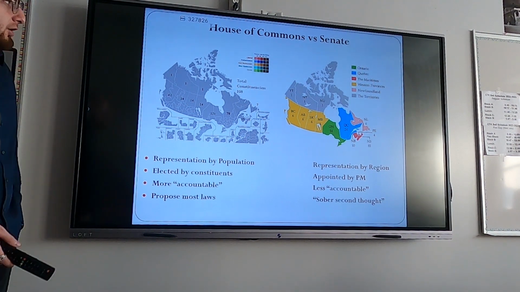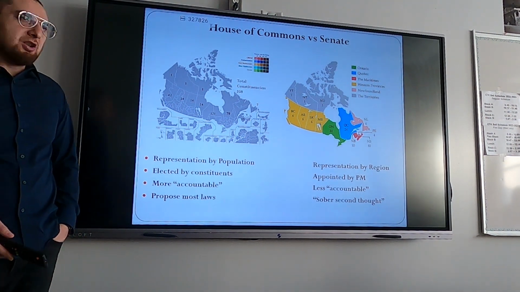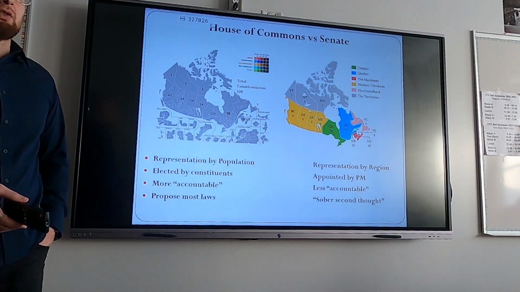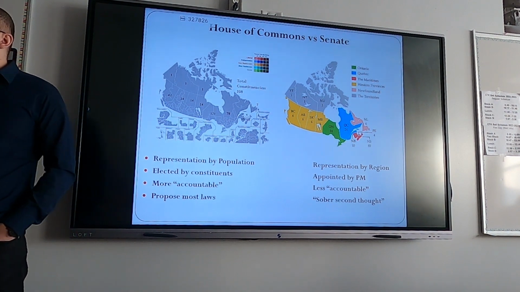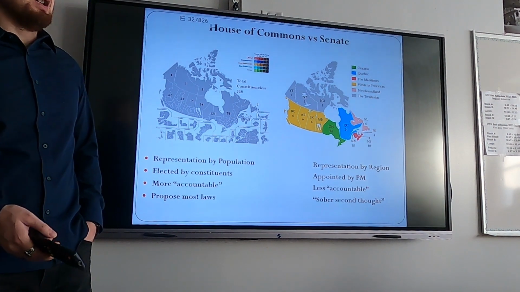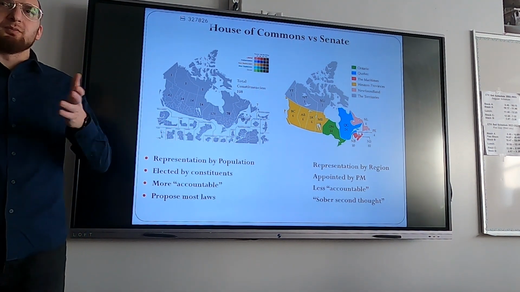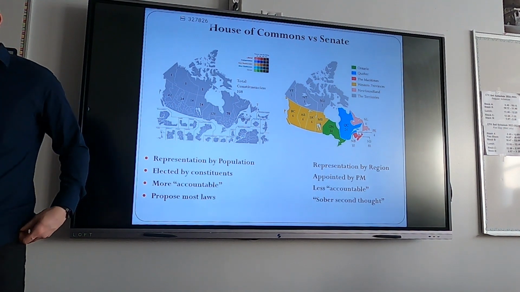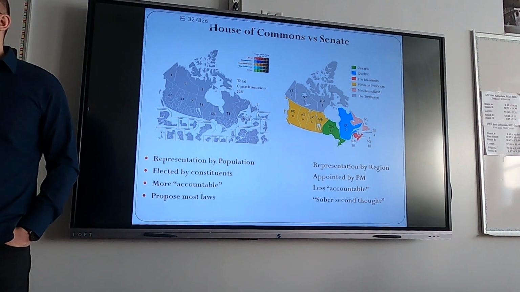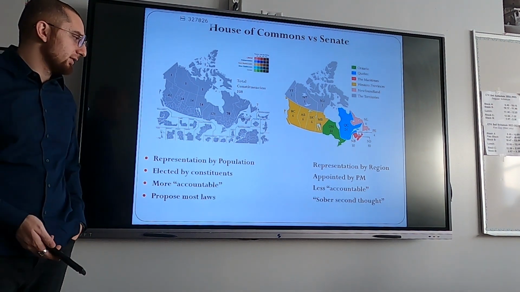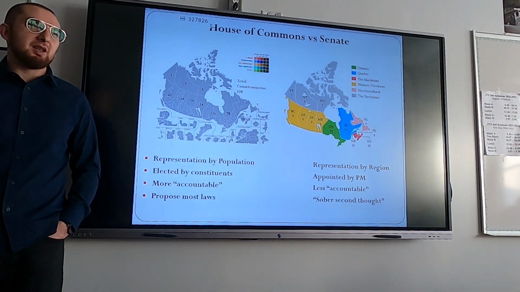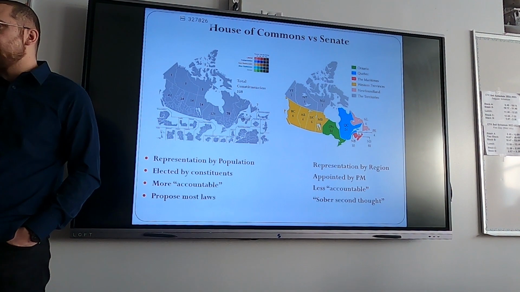They also propose laws. The Senate, on the other hand, is representation by region, particularly province. They're appointed, so the general population doesn't elect them, right? Again, in that classroom example, if I have 5 helpers, I pick them. You don't get to decide who it is. So maybe you don't like the person who is the cell phone helper because they're mean, but you don't get a choice, because I picked that person. That means that person's less accountable. They're not accountable to you, but they will likely be accountable to me to some extent, right?